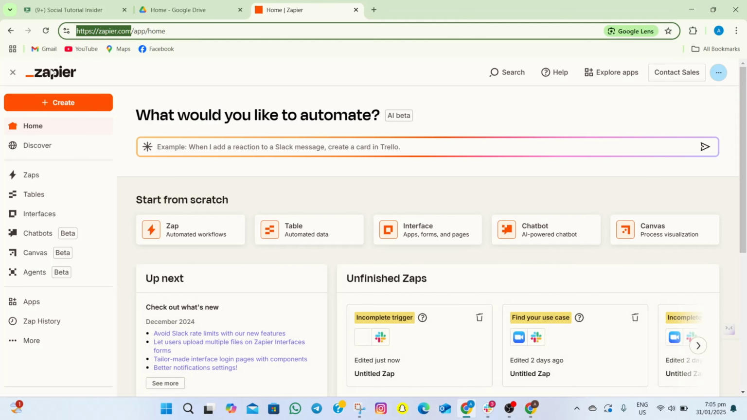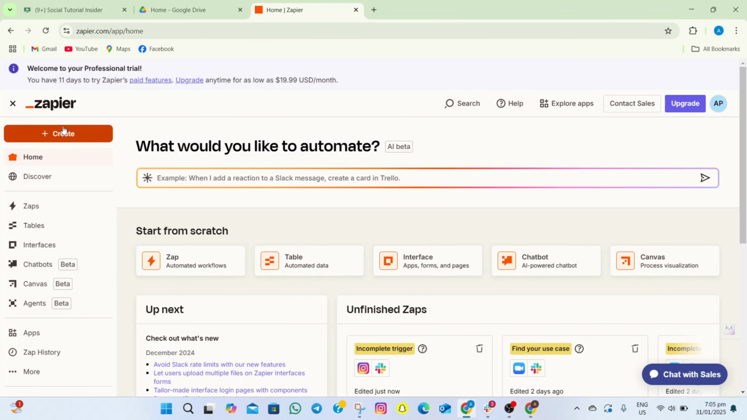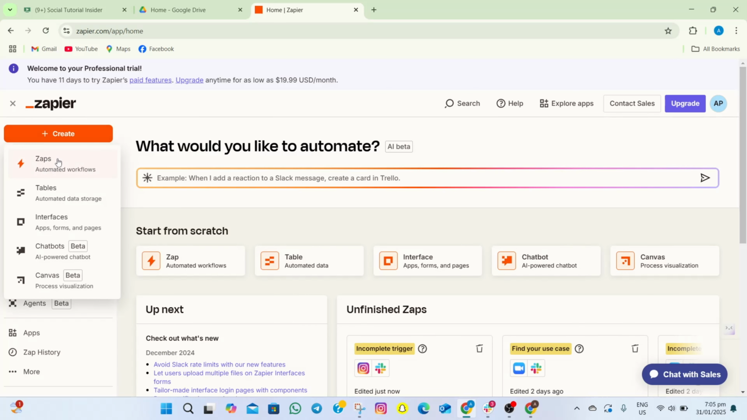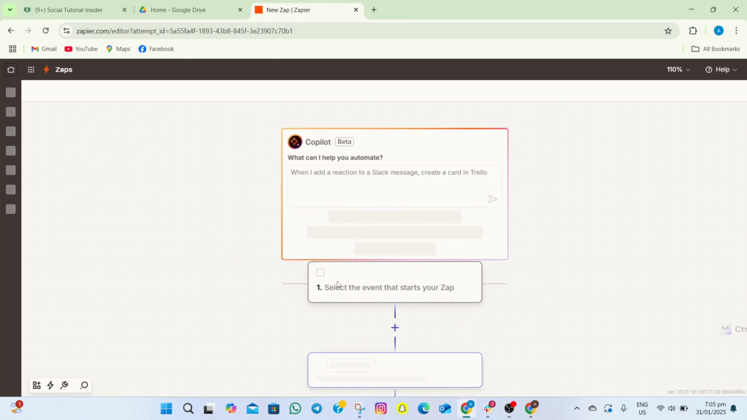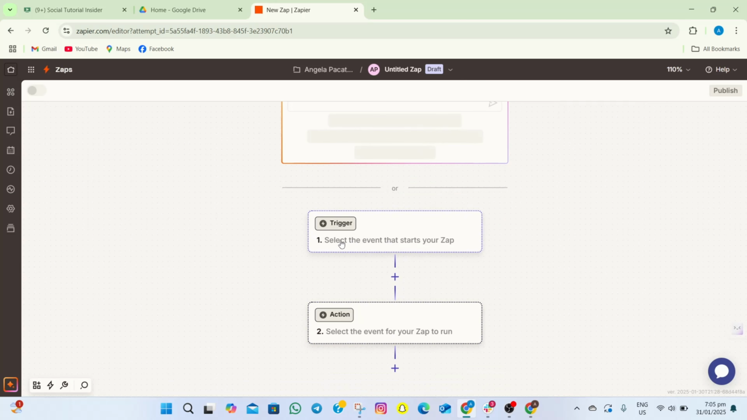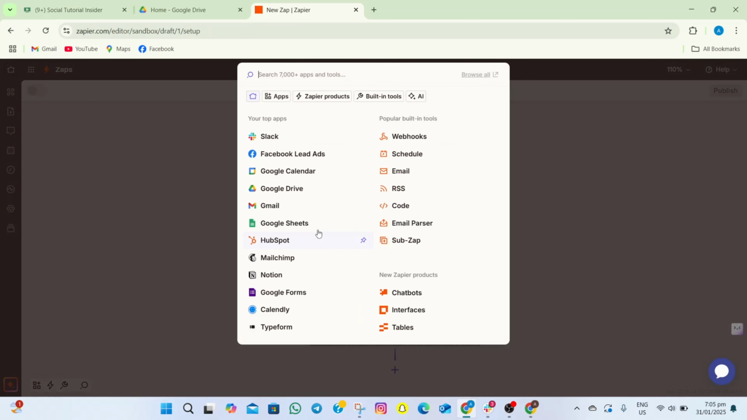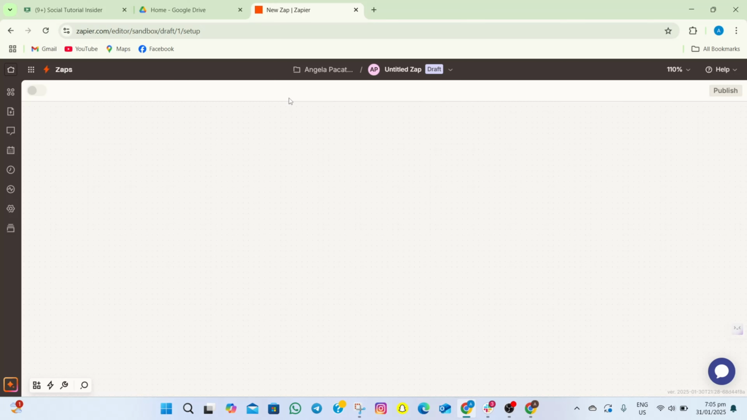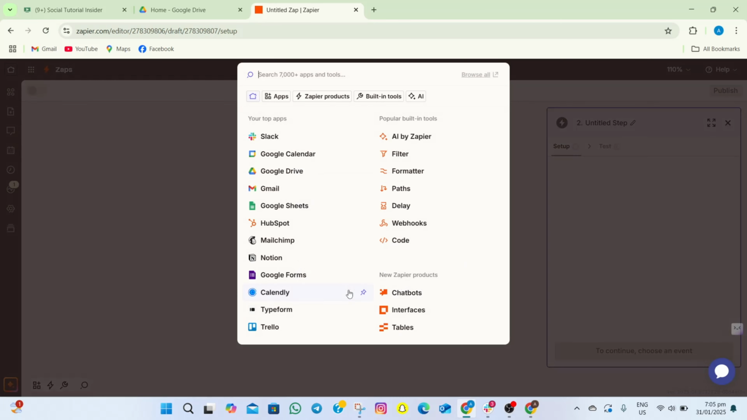Once logged in, we'll have to tap on this Create option and then simply tap on this Zaps option. After that, you will now see this option trigger. What we need to do is to tap on this one, and then in here, we'll have to search for Instagram. Once we're done with that, we'll have to go on this action option,